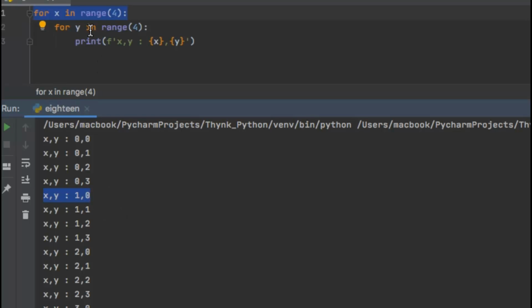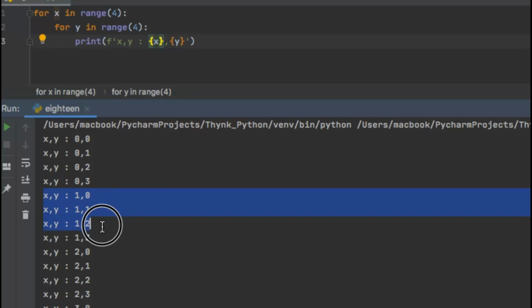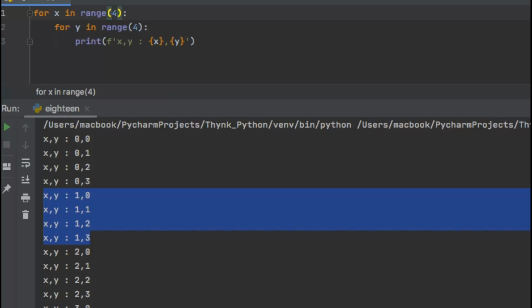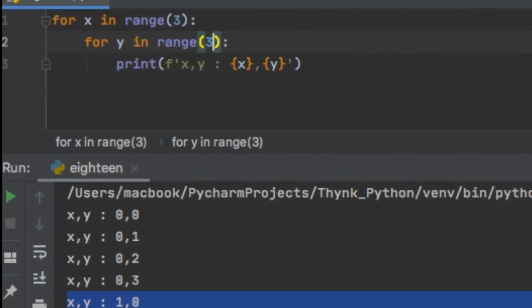And in the second iteration of the outer loop, again 4 iterations of the inner loop would be continued and we would have 4 different values of y corresponding to x equal to 1 and so on, right? So it depends on the range selection here. If you select 3, then it will change the result which is seen at the output screen.